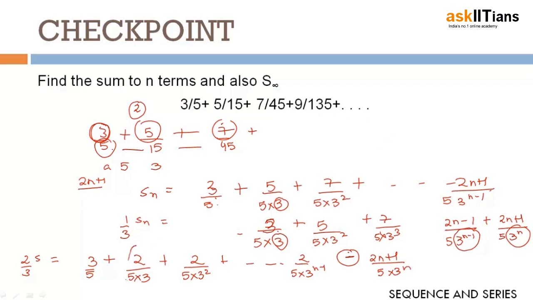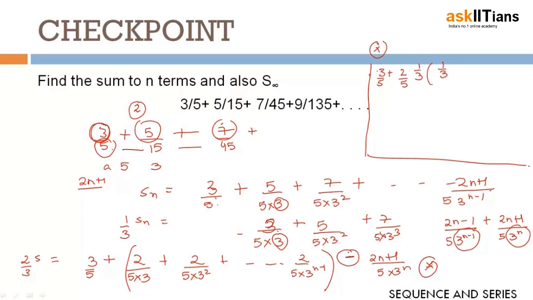So now this clearly we can solve as a GP. Take 2 common out, 5 common out. So I am solving the continued part here, starting from, let us say, here. So 3 by 5 will be as such, and if I take 2 by 5 common, it will be a GP with first term as 1 by 3. So I'll take 1 by 3, ratio is 1 by 3,